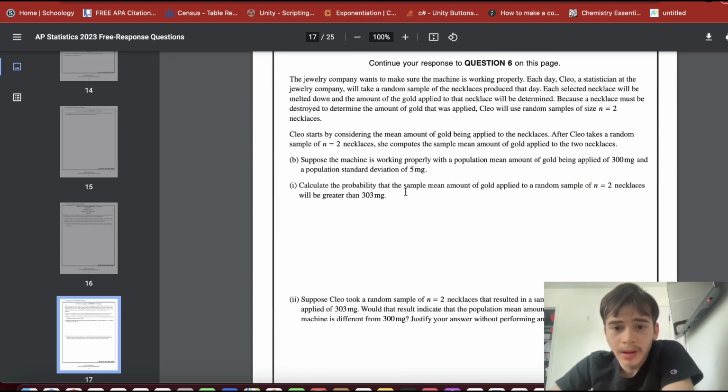Calculate the probability that the sample mean amount of gold applied to a random sample of n equals 2 necklaces will be greater than 303 milligrams. Again, normal CDF. What you would do,